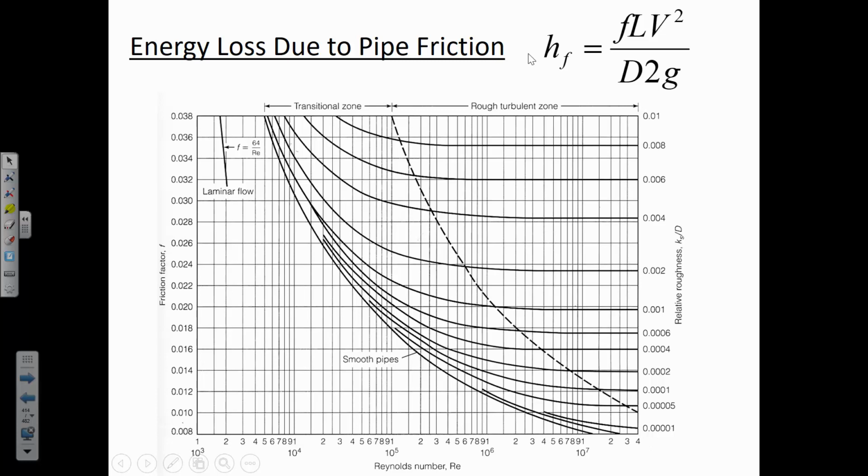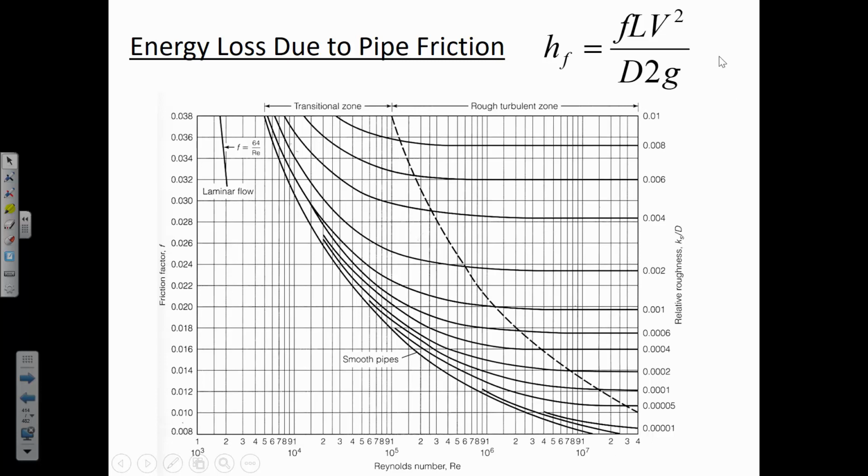And if we guess too high, then we can make a correction next time around and come up with a new Reynolds number. And so we'll get a chance to see that convergence process. You'll get some practice with that. But I just wanted to point out that this Moody diagram